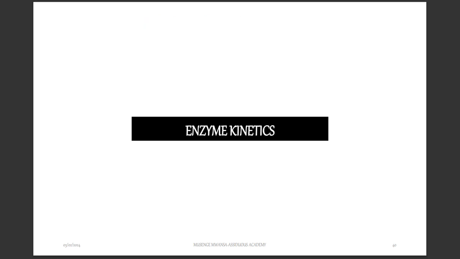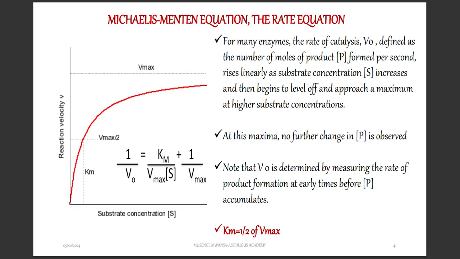Okay, and the last concept here, and the most important one also, is enzyme kinetics. Every time you hear of kinetics, it is how they do the reaction, the speed of the reaction, the rate of the reaction. And this is very, very important. So we have what is known as the Michaelis-Menten equation. There are some enzymes which obey the Michaelis-Menten equation. Many enzymes, the rate of catalysis